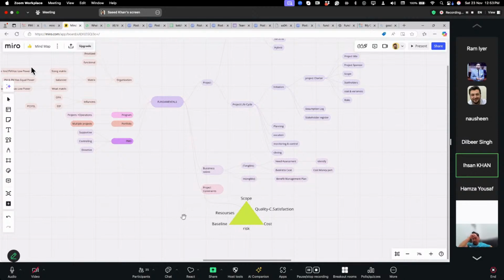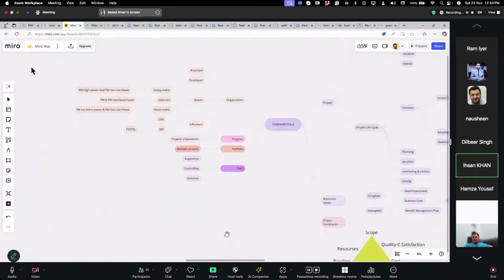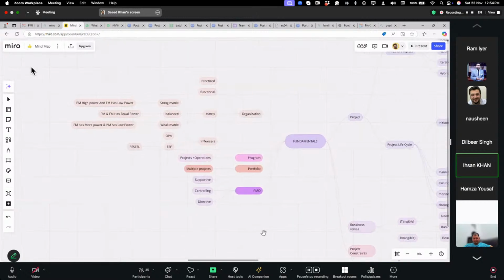It'll come down to the project constraints. We have mainly three: scope, cost, and baseline. And it can be further categorized into resources, risk, and quality satisfaction. And on the left side, in the fundamental, we have program, portfolio, and